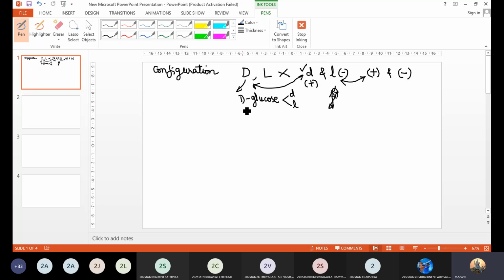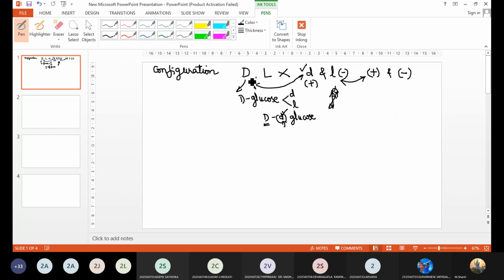If you write D-glucose anywhere, and in case you have something like D-glucose and small d like this, don't think that since you are writing capital D for this, you have to write small d for this. No, not like that. You can establish this only after performing an experiment in the polarimeter instrument. Am I clear, girls? Don't get confused between capital D, capital L and small d, small l. Small d, small l is only for the optical rotation and optical activity of the compound,